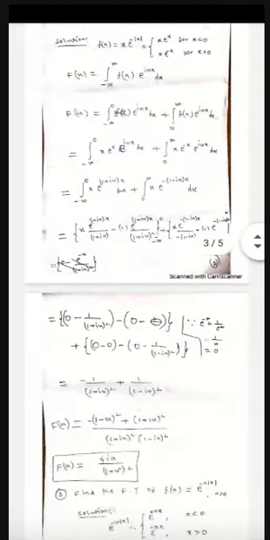Now, very carefully observe, keen observation required here. Apply the upper limit 0. In the first term it is 0 because x is 0, and 0 into anything is 0. Minus, apply the upper limit again, e power 0 will come. E power 0 is 1, so 1 by (1 plus iu) whole square. That's what I have written: 0 minus 1 by (1 plus iu) whole square, minus lower limit.